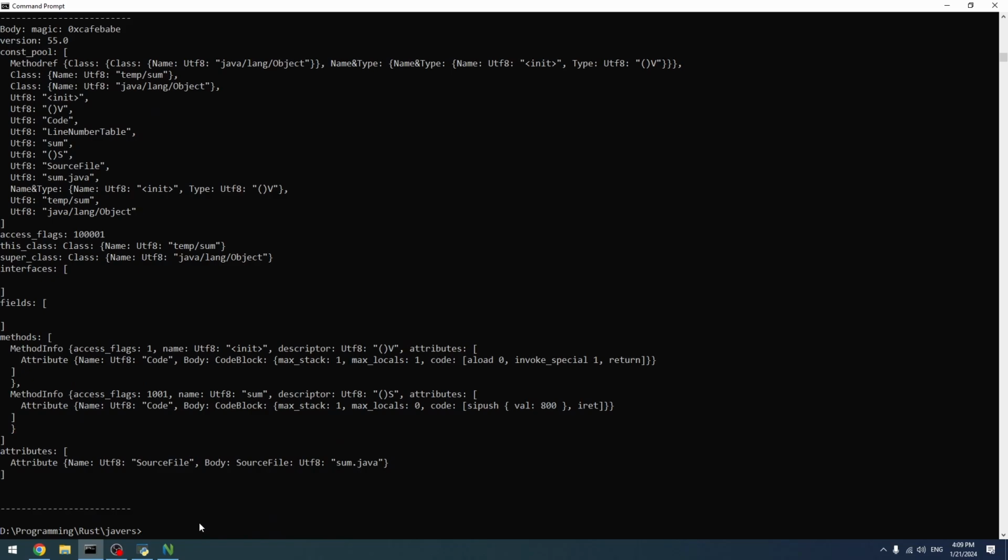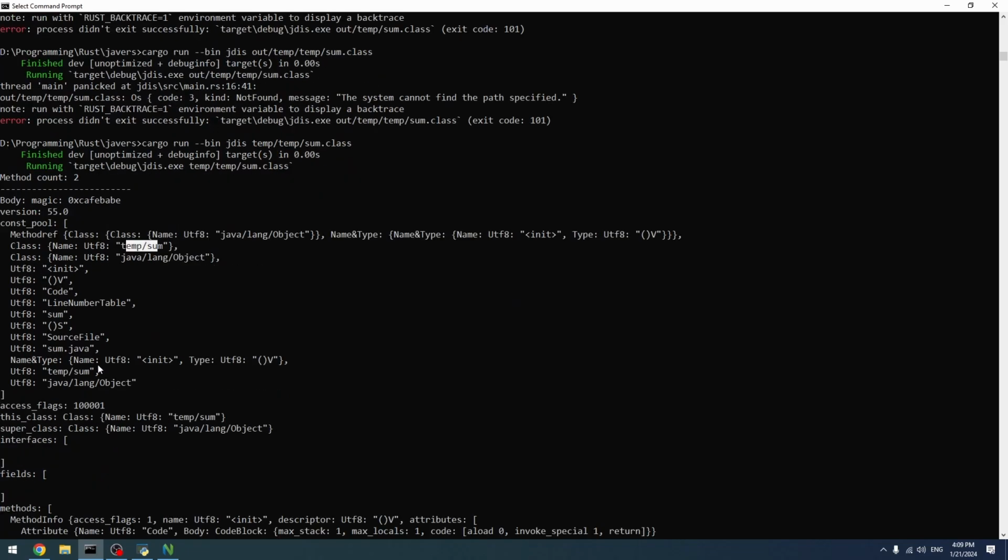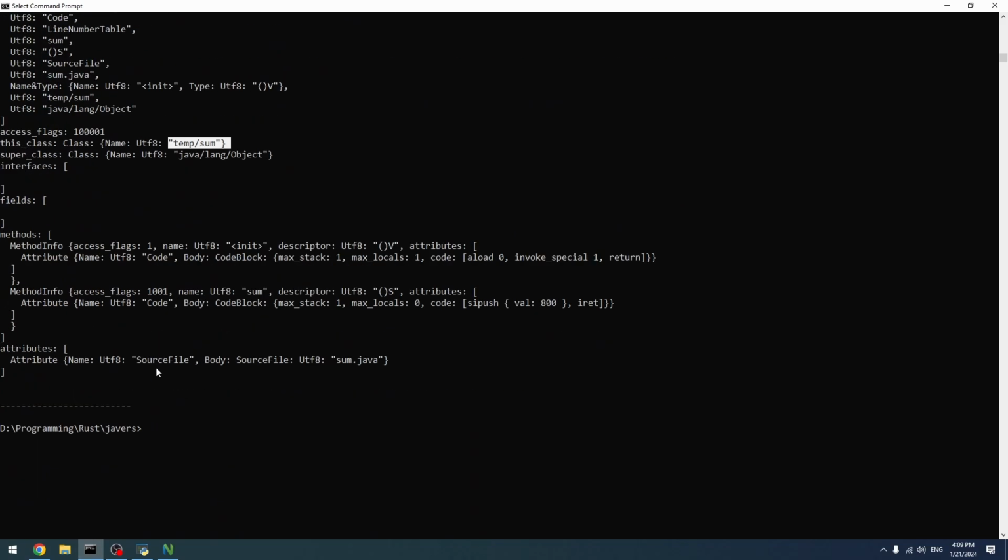Yes, so it's sum.java. The access flags for the function are 101, which is fine, right? We have temp/sum, that's the file. This class is temp/sum, and if we disassemble our output, actually, because we didn't do that,